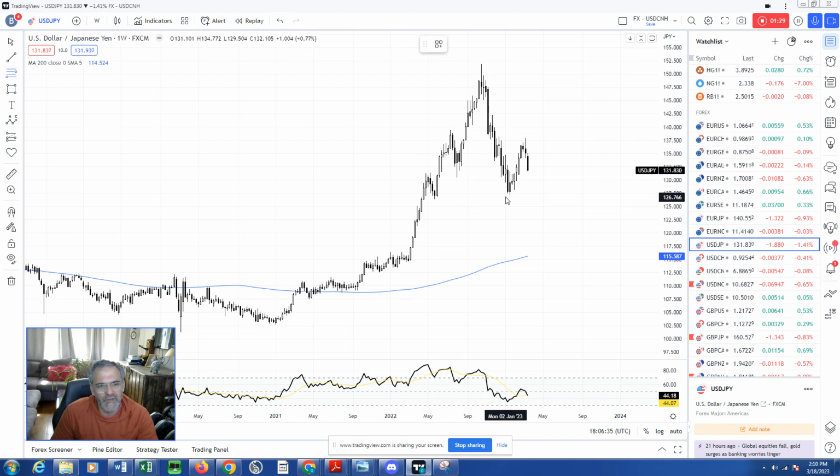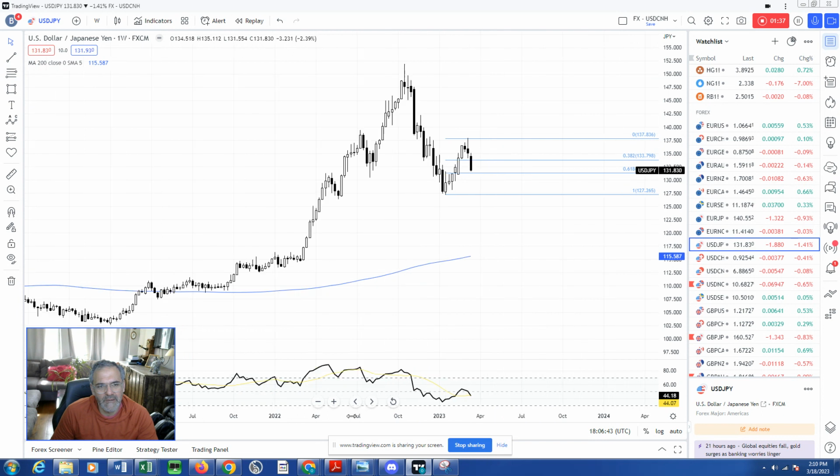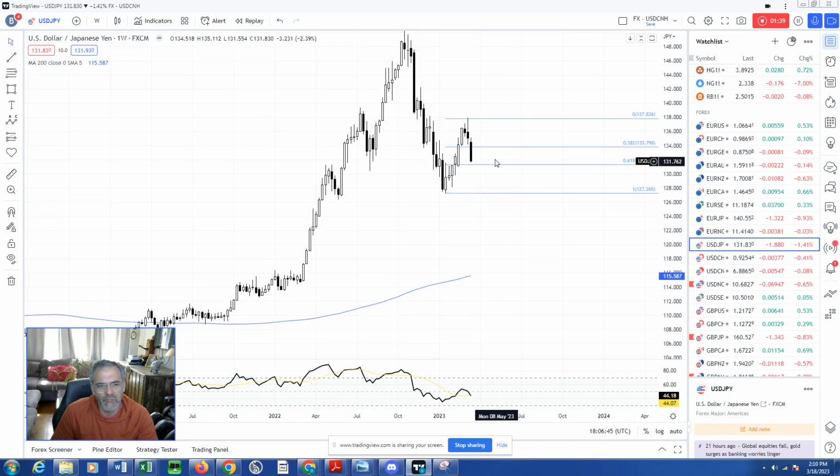I want to run a Fibo from this low to this high and see if we find some support around the 61.8. But this does look offered. If it starts breaking down, we could probably expect the dollar or dollar yen to start moving lower. I'm not in it. I'm not trading this right now. I'm on the sidelines. I am trading FX on the crosses, and I'll show you a few, but I'm not involved in that.